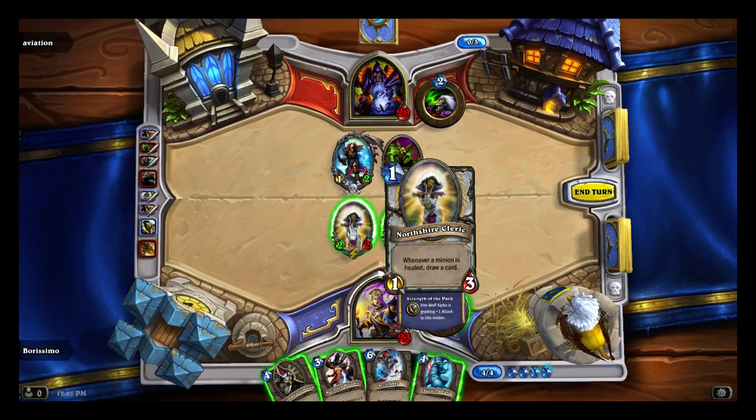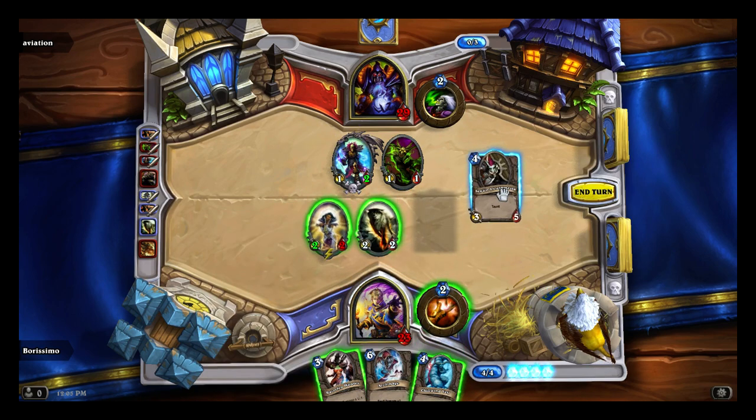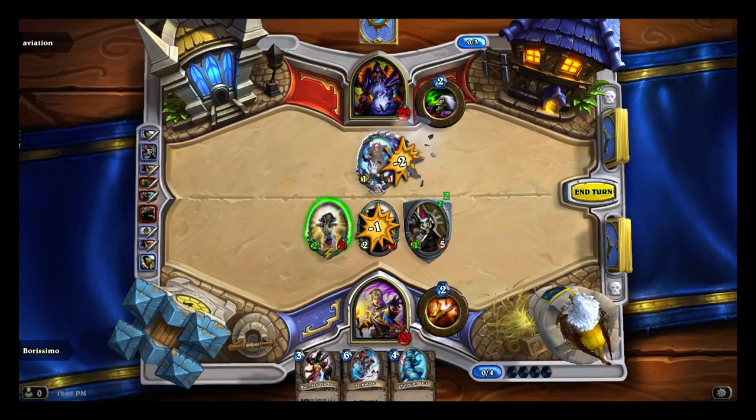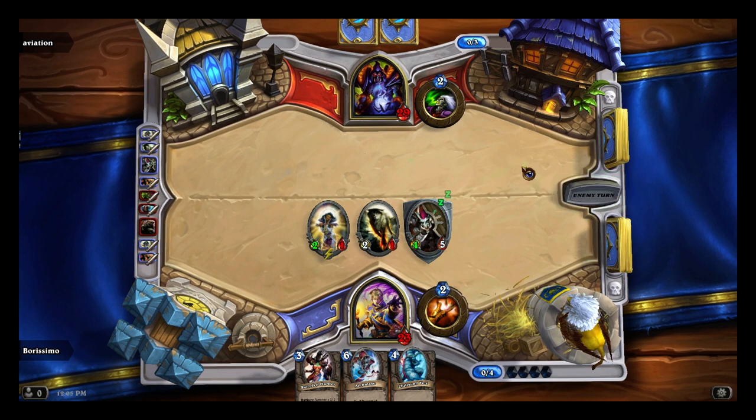I could heal this and draw a card, but I don't think that's nearly as good as playing a Senjin. So yeah, let's just go ahead and kill his stuff. Blood Imp definitely needs to die. And the Blood Mage, I want to kill it because I don't want him having 2 damage Mortal Coils. So what's really interesting about this game is that I think given what cards I was holding